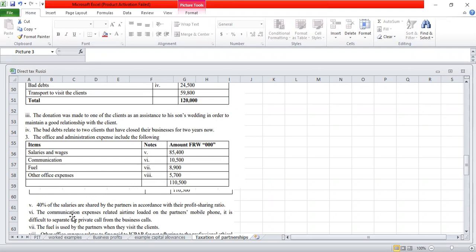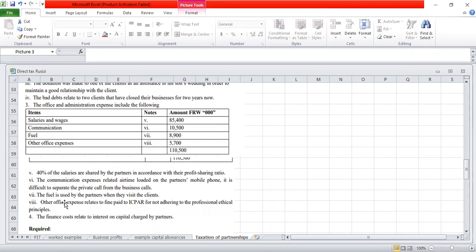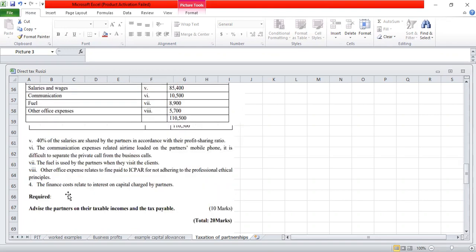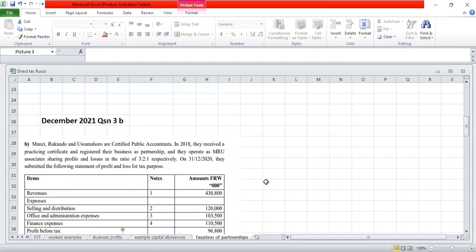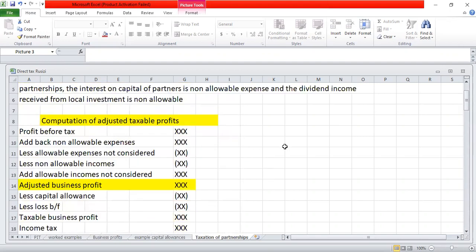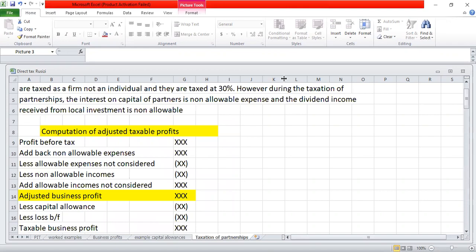The communication expense related to airtime to the partners, we shall adjust this. The fuel is used by partners when they visit the client. That is allowed. Other expenses related to fine paid to the regulator for not adhering to professional ethical principles. The finance cost related to interest on capital charged by partners. Automatically, that one is not allowed. So how do we adjust this? When we are adjusting,